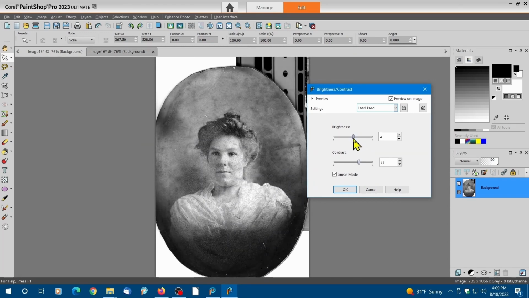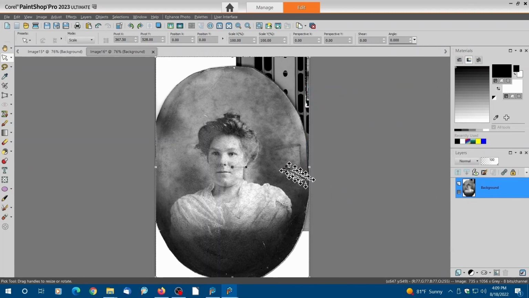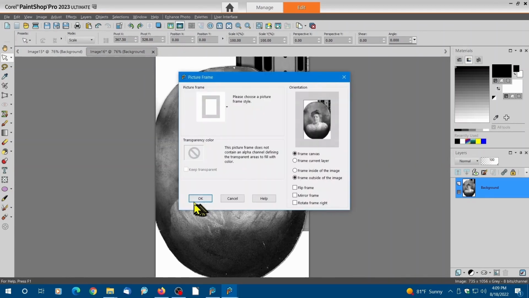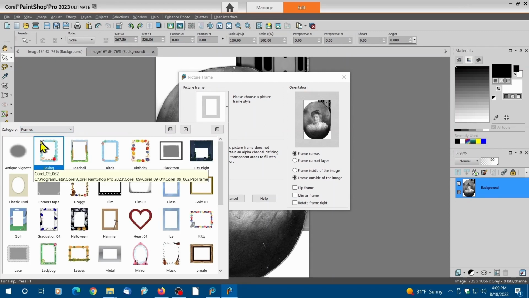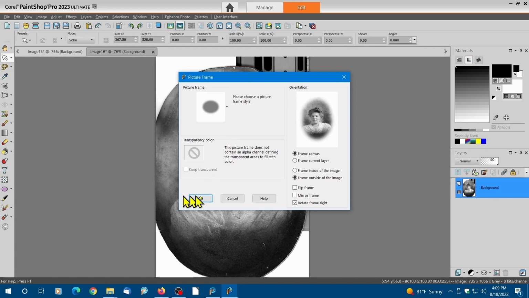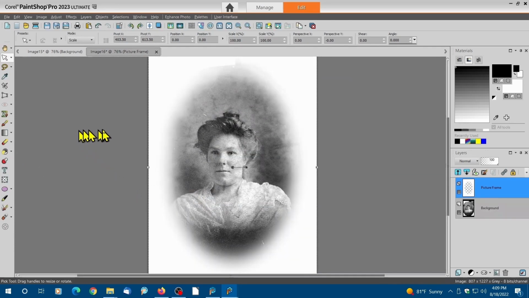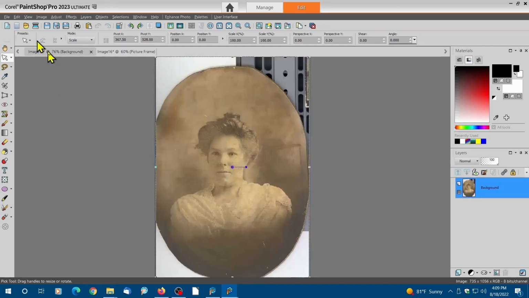Again, the trick here is just to experiment until you get it the way you like it. And if you're having trouble dragging these, you can precisely adjust them one digit at a time, or you can even type in numbers into these boxes. And then you get it there. Okay, let's frame her in some kind of frames, an antique vignette. Okay, and just like that, we've gone from this old thing, you can even see part of the scanner there,